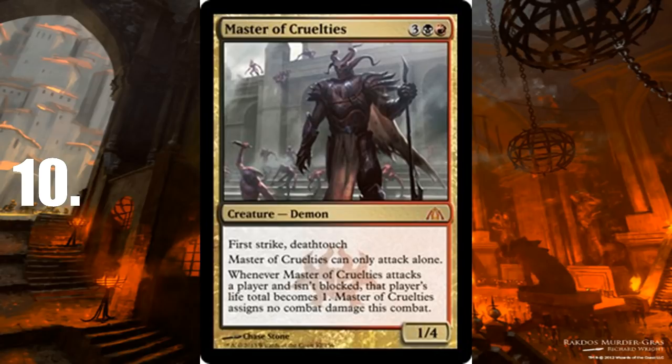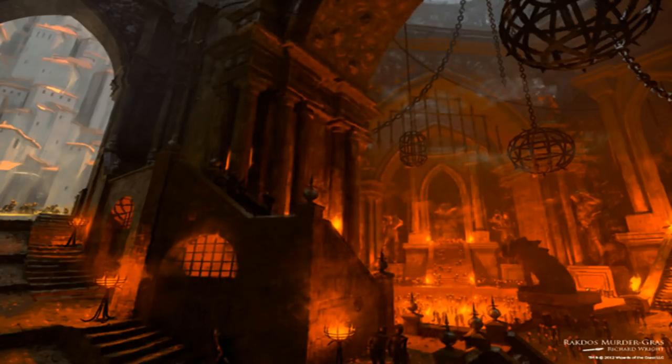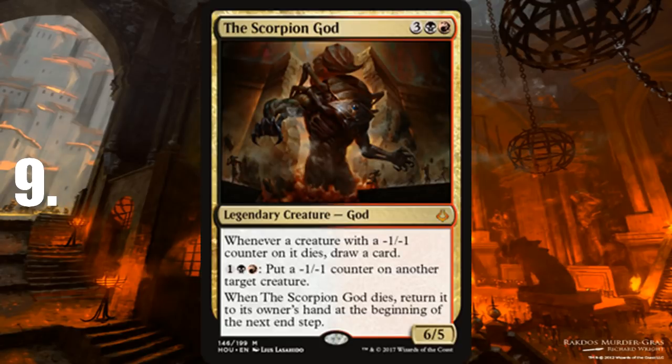Just not a whole lot you can do with him, but in those 2 decks that I mentioned, Alesha and Kaalia, he is definitely a force to be reckoned with. Then number 9 is the Scorpion God. Now this might be a little bit too soon. Hasn't seen enough play in the format yet to be any higher on this list, but what we have in